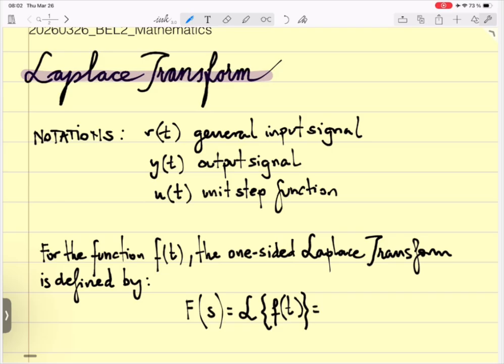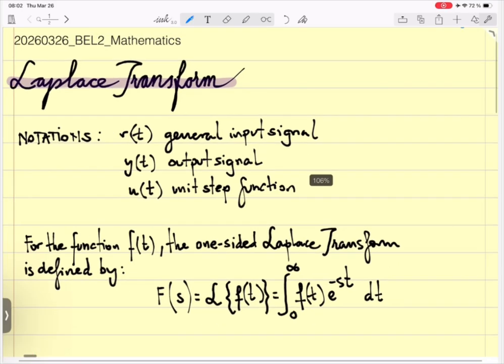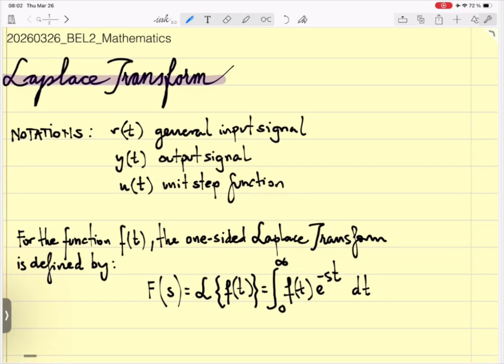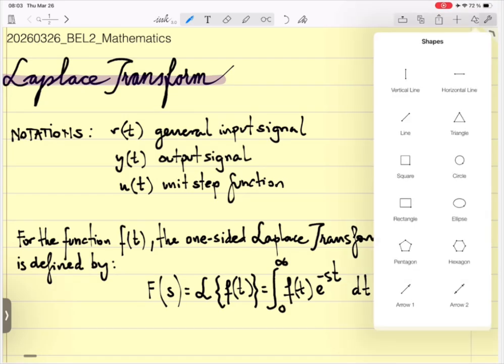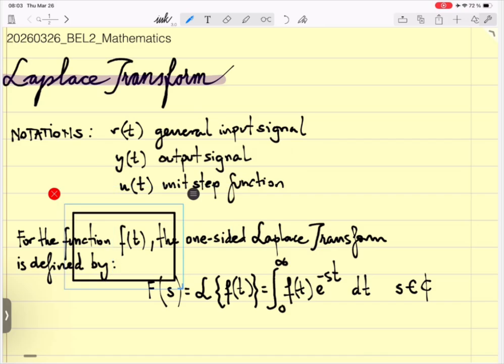And the definition is the integral between 0 and infinity of the function times the exponential of negative st dt, whereas s belongs to the complex numbers. Okay, so this is the definition